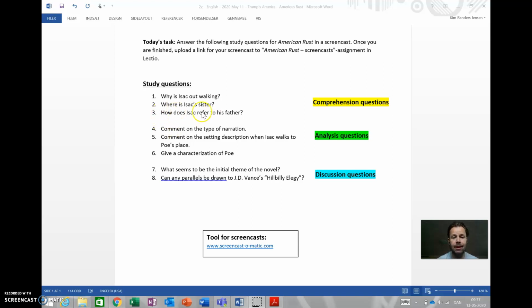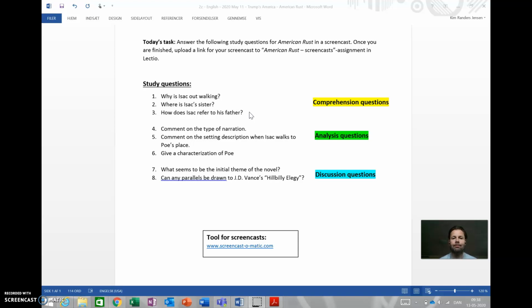Finally, how does Isaac refer to his father? Again, basically just go to the chapter, right? How does he talk about his father? Well, he says mostly negative things about his father, calls him a little Hitler, among other things, right? It's an easy enough question to answer, but what we're actually seeing here is